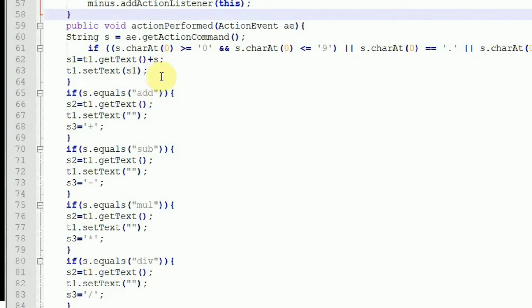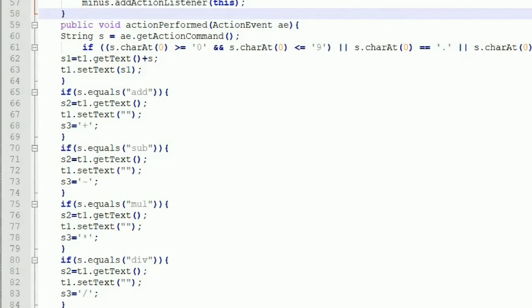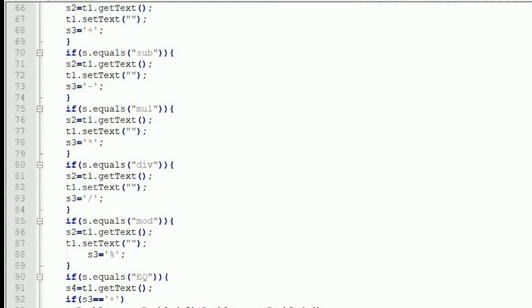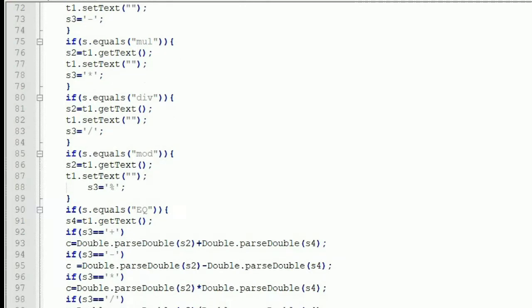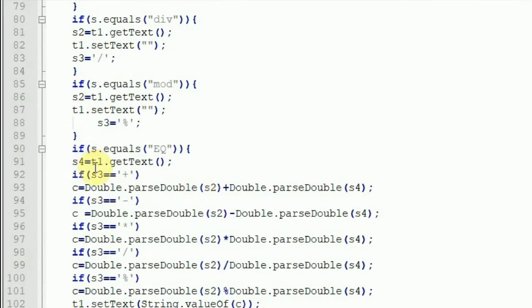And then after the user entered the number, he will press add or sub or mul or any of the operators. So this code is for the operators, wherein the operators are put in S3 and the first operand is put in S2. And once the user presses equals to, then the second operand is taken into S4.